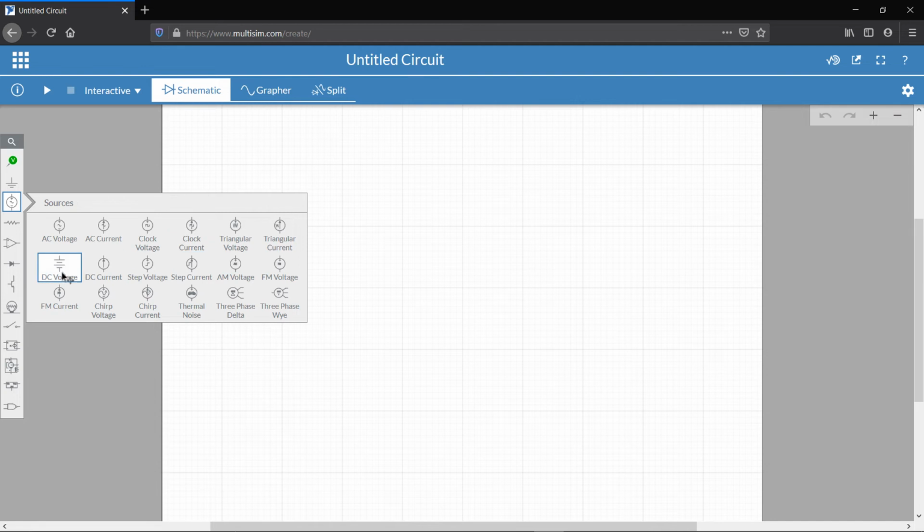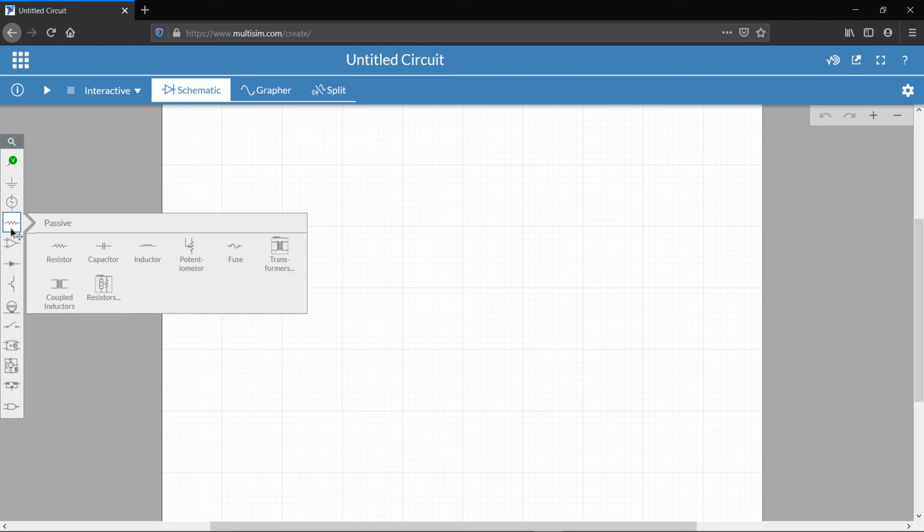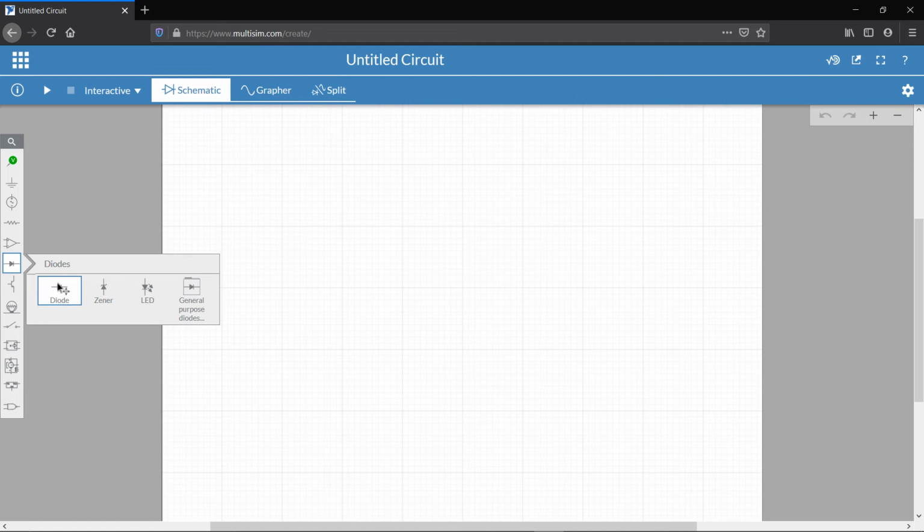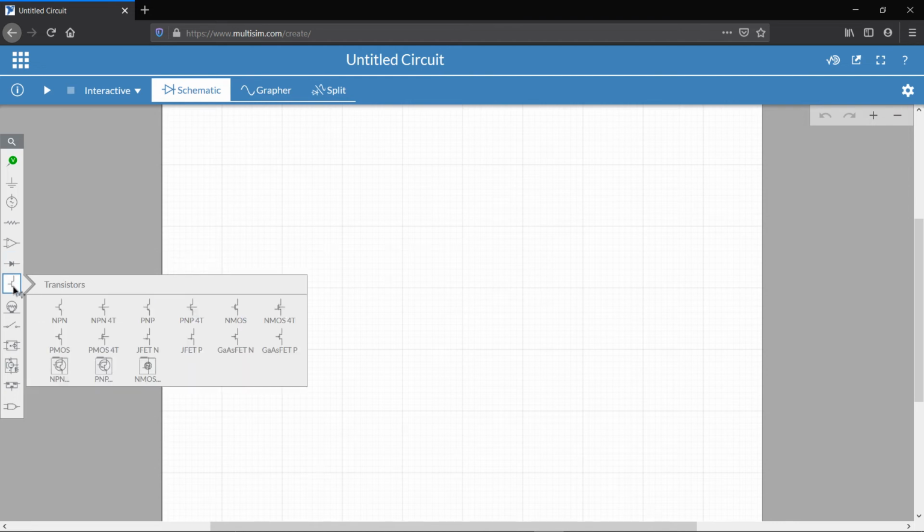Here we have the sources like AC, DC, FM, triangular. Here we have the passive elements like resistor, capacitor, inductor, etc. And here we have the analog components like op amp, ideal op amp, timer IC, and also diodes, transistors,